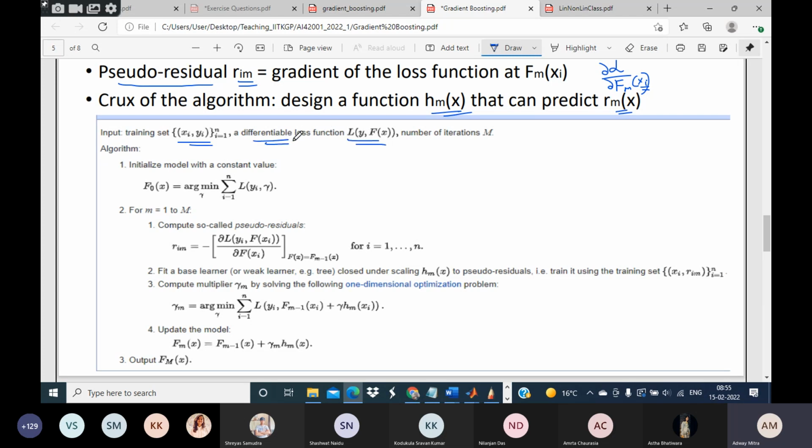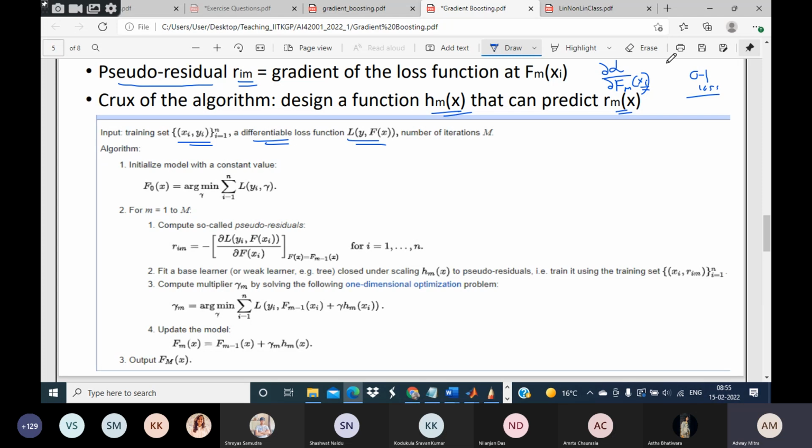This differentiable is important because we are having to calculate these derivatives. So if we are dealing with the classification problem, in classification, the simplest loss function we use is the 0, 1 loss function. That is